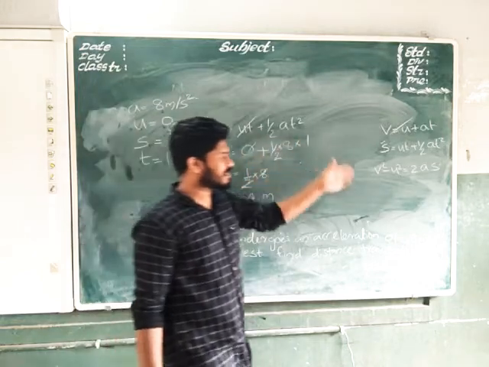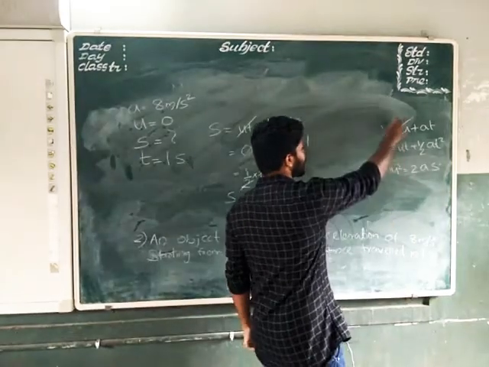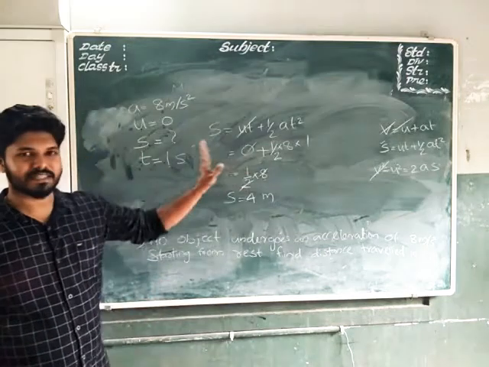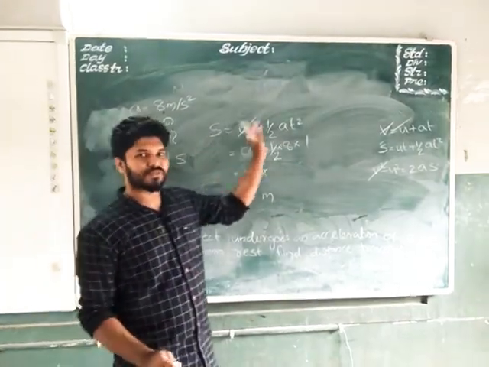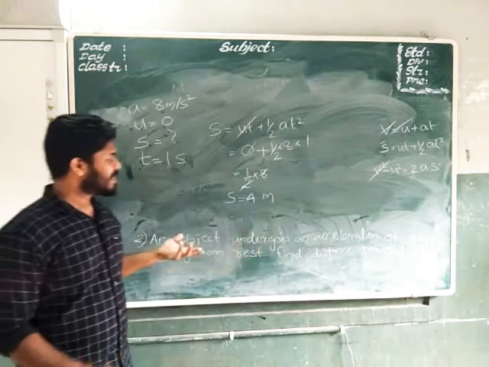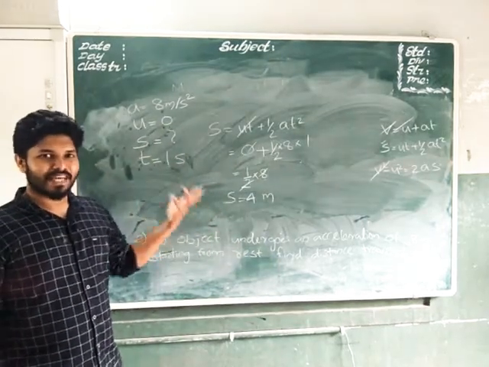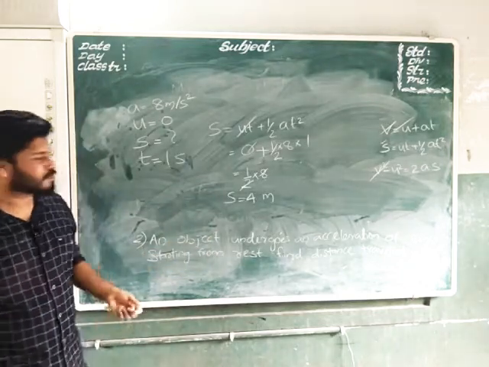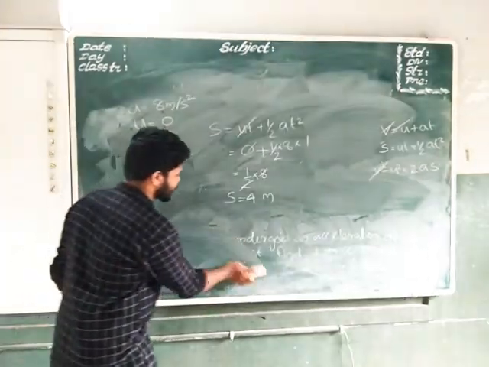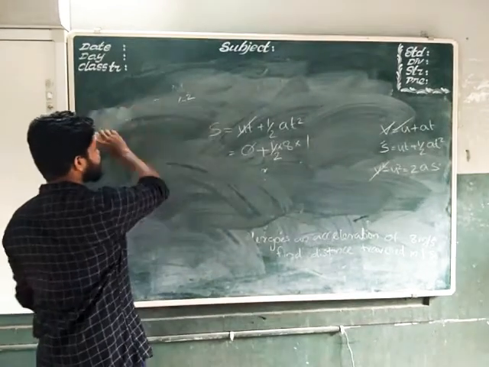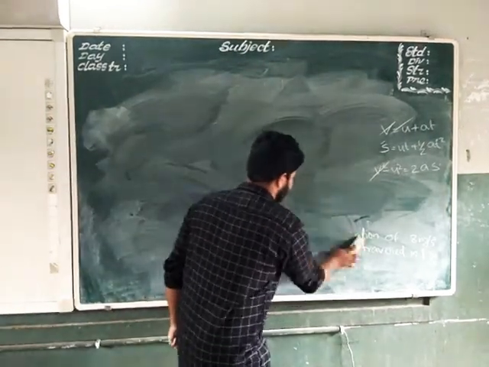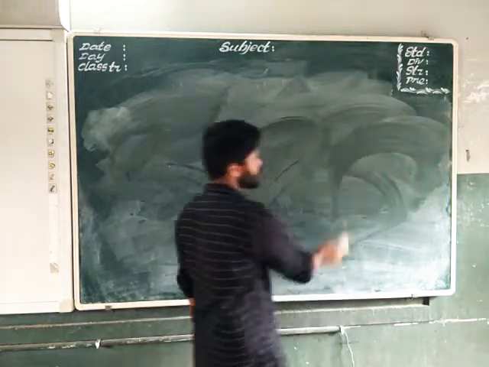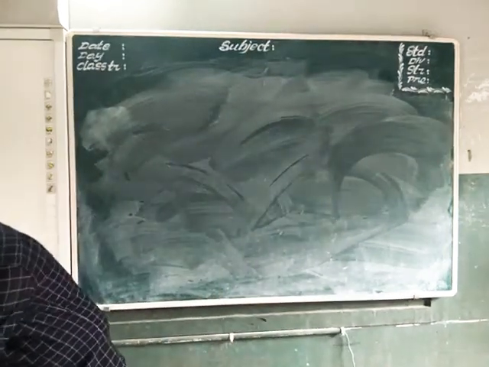And when we check these equations, we find that we don't know about v. So those two equations we can't consider. So only the central equation, that is s equal to ut plus half at square. When we substitute the values in that equation, we get the answer very easily. Okay, right. Let us move to the next question. Just give me some time for writing the question.